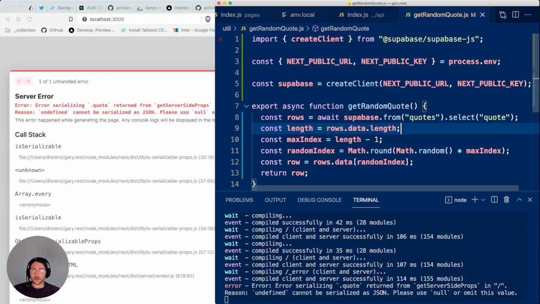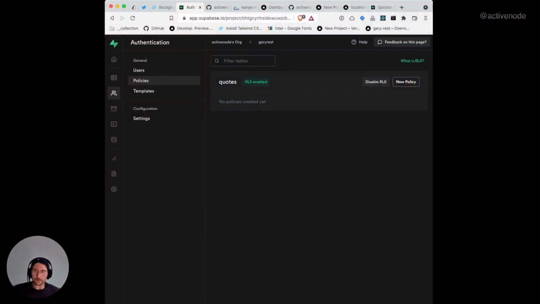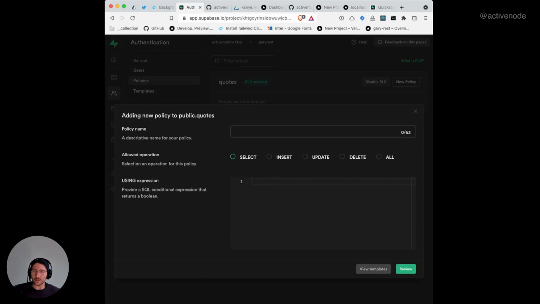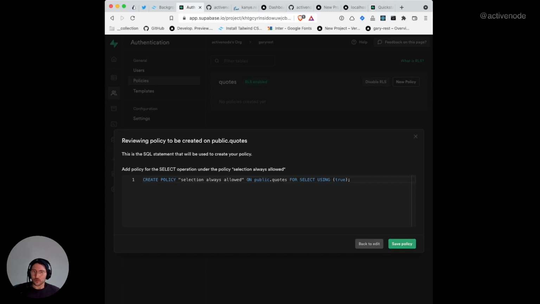And to overcome this, you would go into Supabase and then you would add a new policy on your table. And we can simply say selection always allowed. This is just a description. And then we click select here and we say, for example, I think I can just use true. And this will always turn out to be true, obviously.